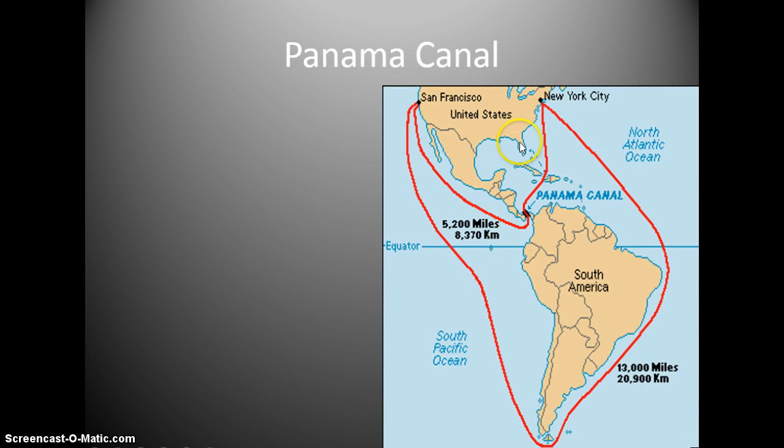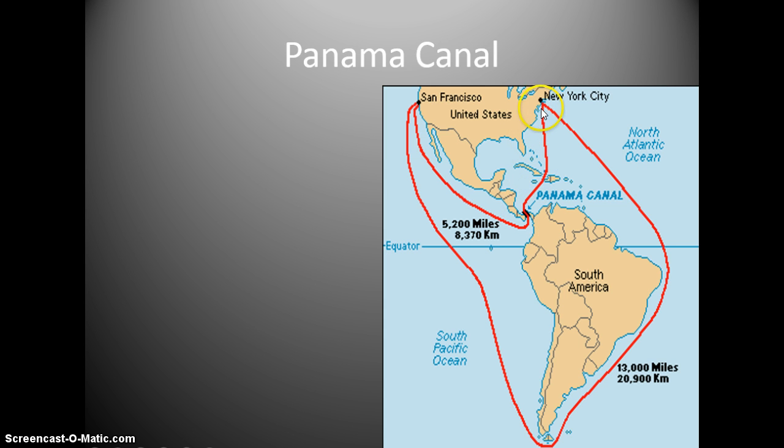So, the Panama Canal. In Latin America, there was the country of Panama. Panama was having a disagreement with Colombia and needed the United States' help. And so we agreed to do that on the condition that they allowed us to build what you see right here. We looked at Panama and saw that strategically, this would be the best place to build a pass